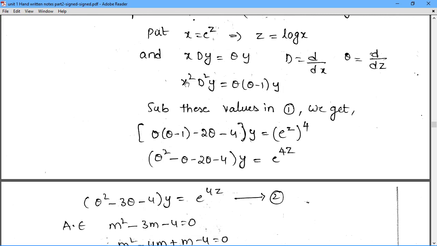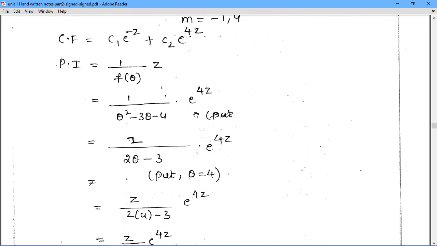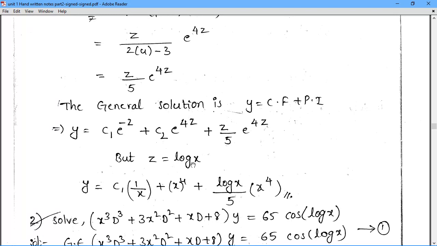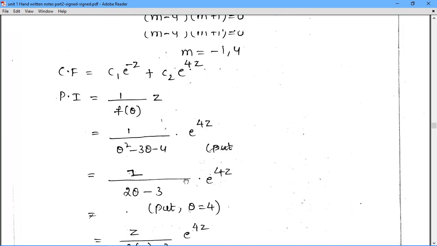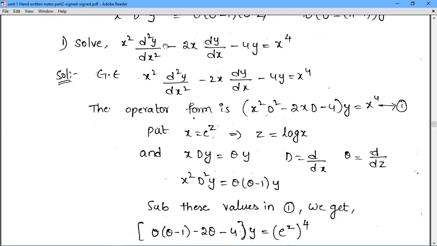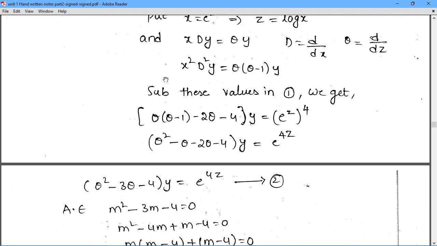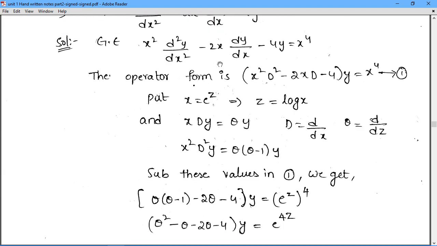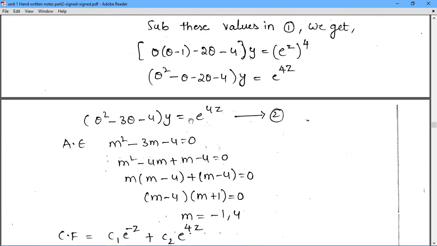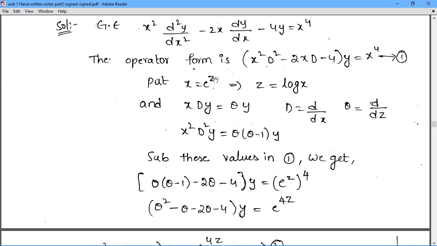But we have to take the complete solution for the given equation. For this, we have to replace z equal to log x. So replacing z as log x, e power minus log x is 1 by x, e power 4 log x means e power log x whole power 4, e and log get cancelled, we will have x power 4. So it will be the required complete solution. Complete solution means the equation satisfying y value. y is dependent, x is independent. So it is the simple procedure to reduce the Cauchy-Euler equation into a linear DE with constant coefficients by taking the new independent variable z, that is x is e power z.